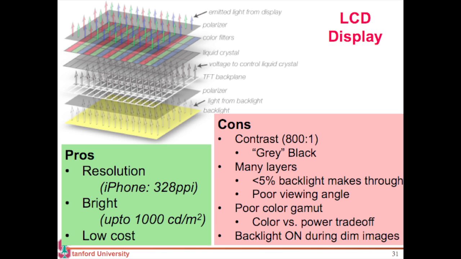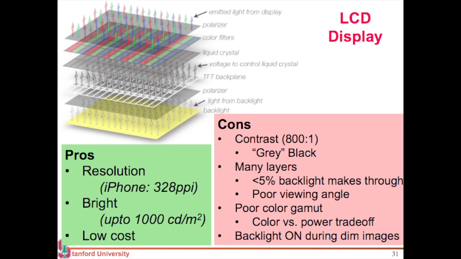That's what your iPhone achieves. It uses an LCD display, and it achieves a resolution of 328 pixels per inch. So it can easily achieve a retina resolution even for a thing which you hold 10 inches away from your face. It's bright,